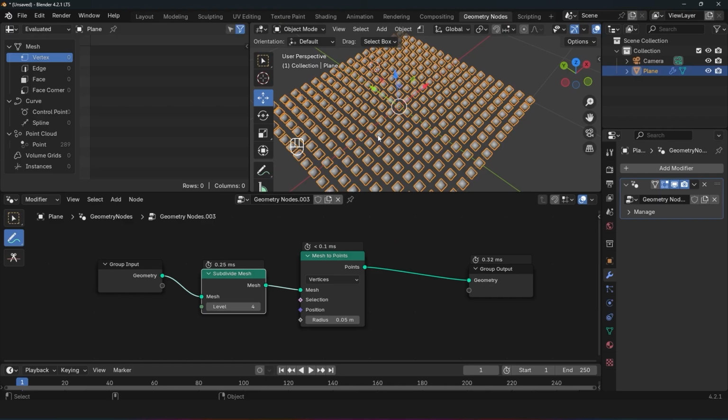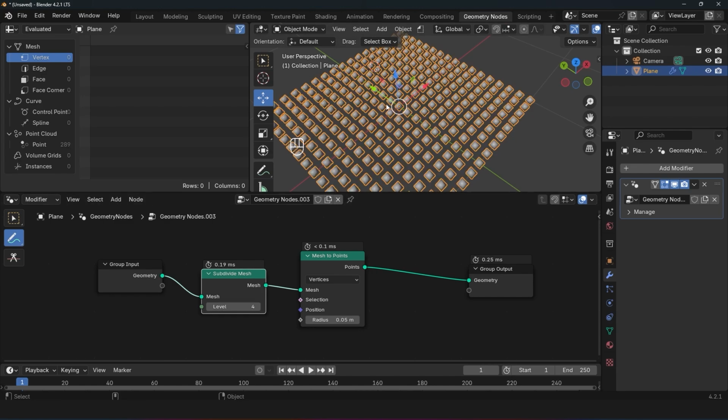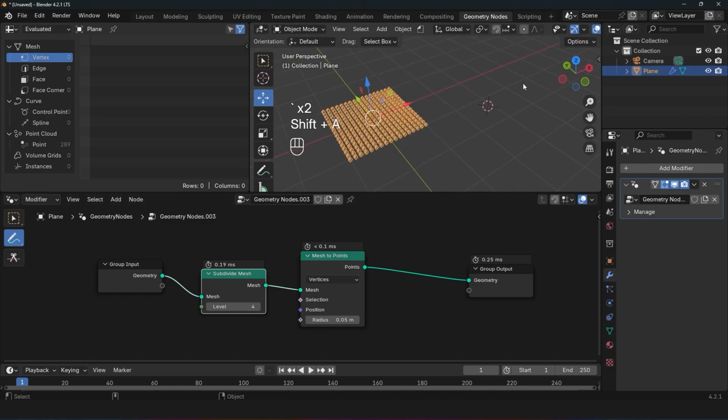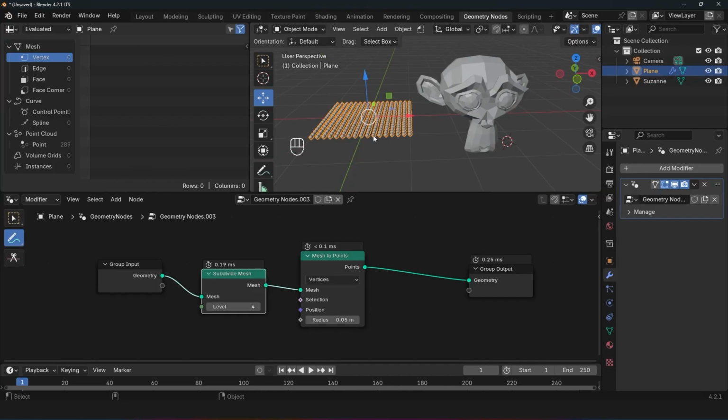So it's going to recreate. If you have a plane subdivided like this, you're going to end up with a grid-like formation. That could be something that you might want, but in most cases, you're not going to want points to be laid out in a grid format like this. You might want something more random. And to show you this more easily, I'm going to add a monkey head here. If we create the same node setup, adding a subdivision and then a mesh to points node,